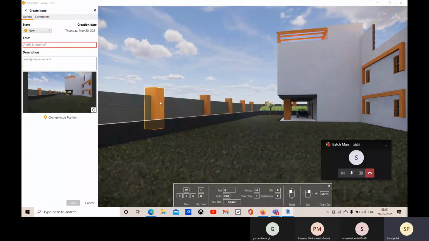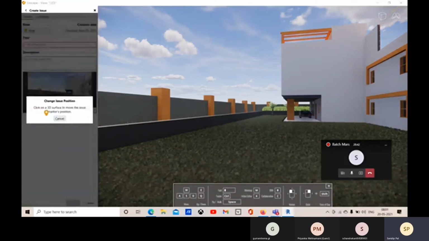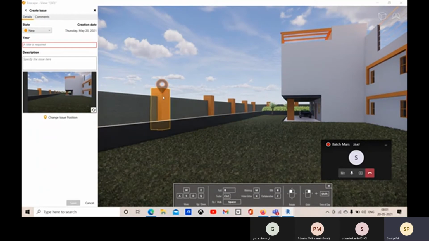Just select this. You can change the issue position if needed, like this. Click here, so this will be the issue position, and give it a name.